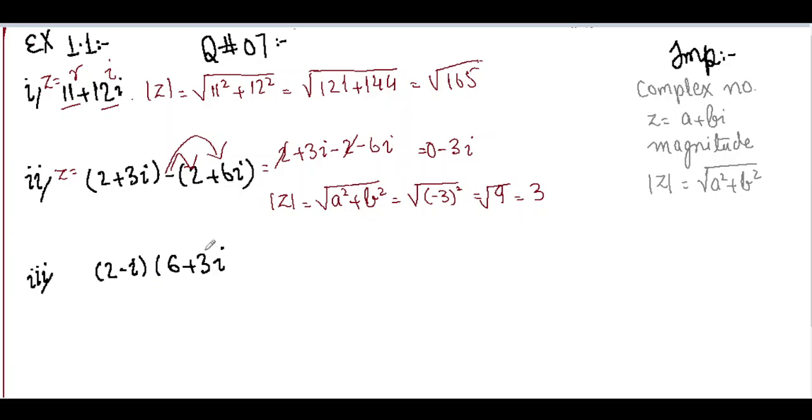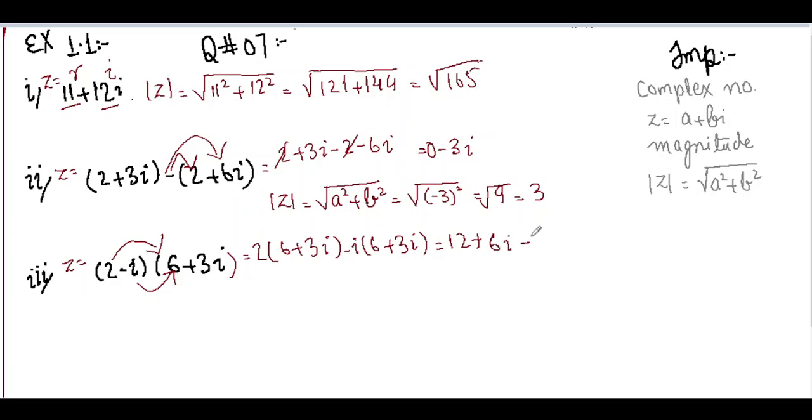Now moving towards the third part, which is 2 minus iota into 6 plus 3 iota. Now we'll again let it equal to z and find its value. So we'll multiply 2 with the second complex number and then minus iota with the second complex number as a whole. So it is 2 into 6 plus 3 iota minus iota into 6 plus 3 iota equals, now 2 sixes are 12 and 3 into 2 makes 6 iota,